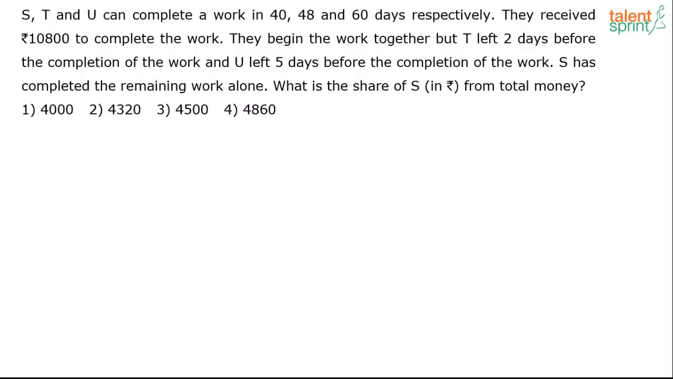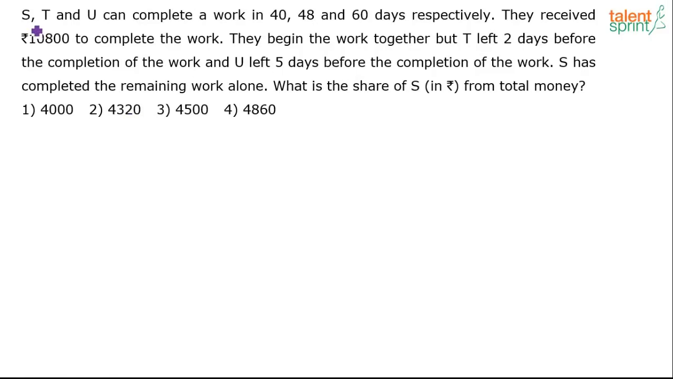Solve this. Done? Okay, I think we have spent enough time already. Let's discuss the solution now. Here we go. S, T and U can complete a work in 40, 48 and 60 days respectively. They received rupees 10,800 to complete the work. They began the work together, but T left 2 days before the completion of the work and U left 5 days before the completion of the work. S has completed the remaining work alone. What is the share of S in rupees from the total money? Options, of course, have been given to you: 4,000, 4,320, 4,500 or